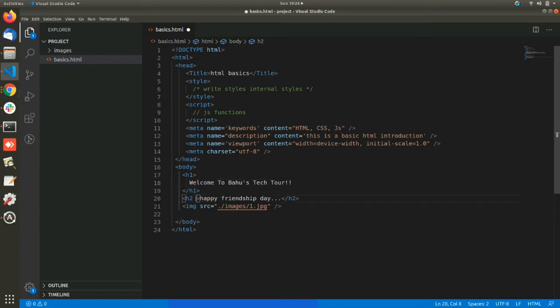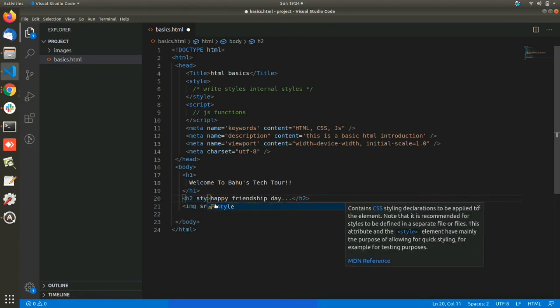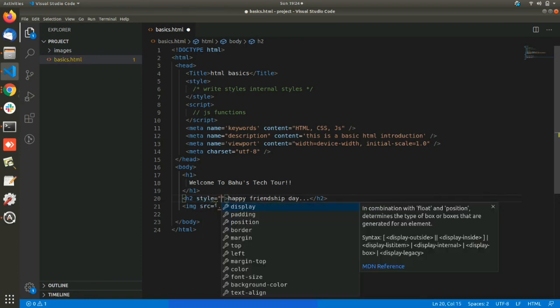Now I want to style this Happy Friendship Day text. We can style an HTML element in three ways. Right now I want to explain two ways. First one is inline style, second one is internal style, and third one is external style. First of all I will explain the inline style. For inline style, the syntax will be style. Style is the keyword to write the style. Style equal to, we have to mention the color.